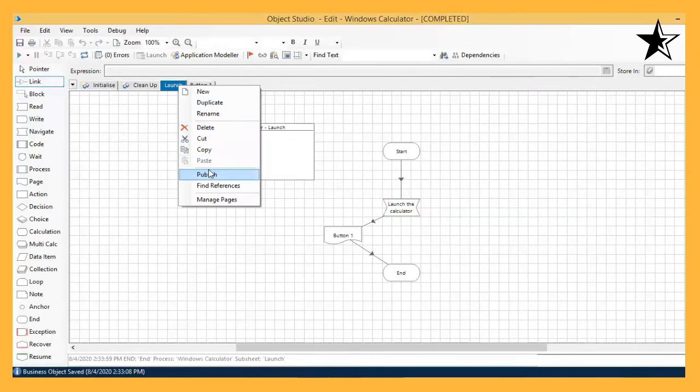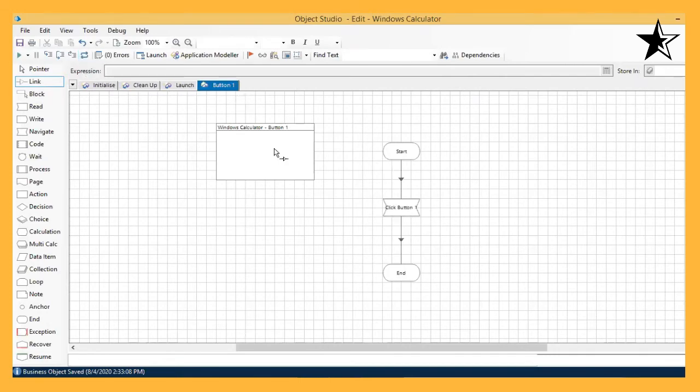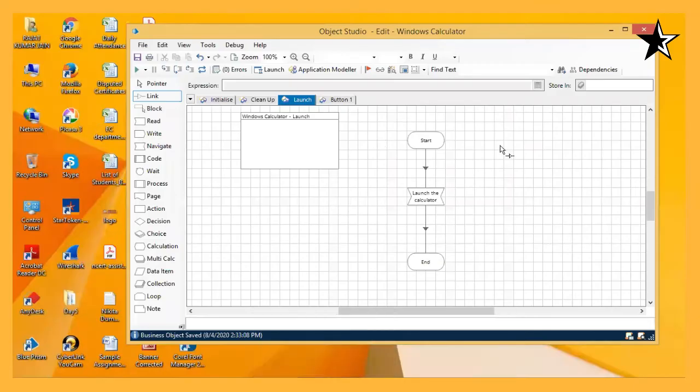We need to publish this. I just publish this. Okay. I just publish this also. When I publish this, I will not be requiring this referencing. I can delete this referencing as well. Just delete it, just connect it and just have a refresh of it. Button launch. So now I am going to use the Process Studio.